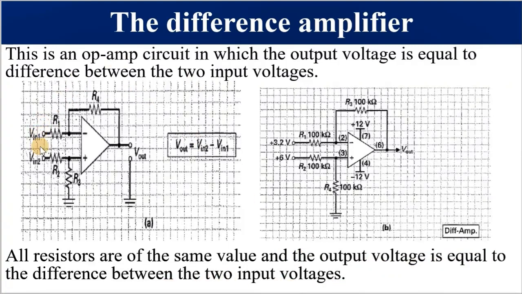Guys, this is easy stuff. Take note of the formula and you are done. You must also be able to identify the circuit of a difference amplifier so that you can choose the correct formula to calculate the output voltage. Otherwise, if you are not able to recognize a difference amplifier, then you won't be able to calculate the output voltage. Please take note that we have got two input voltages at the two input terminals of the op-amp.